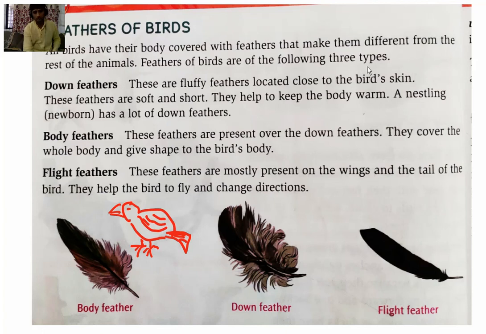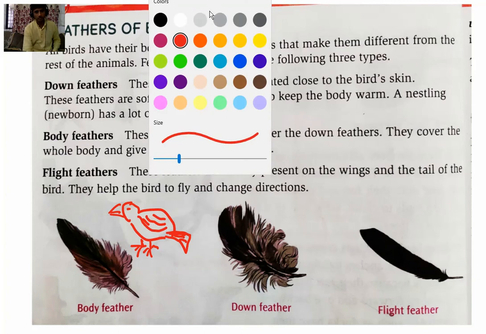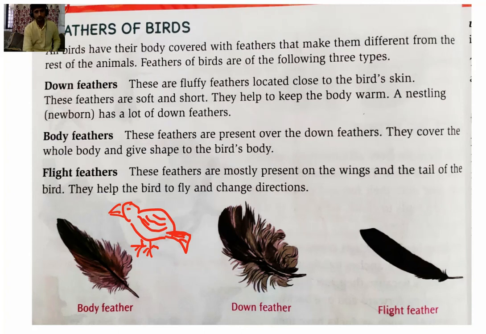Now here the types are given. Let me change the color to mention it. Firstly, it is given the body feather. Then here down feather, and here the flight feather. So these are the wings where we will have flight feathers.